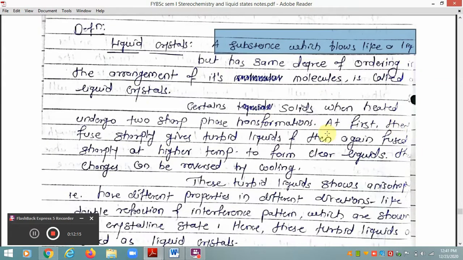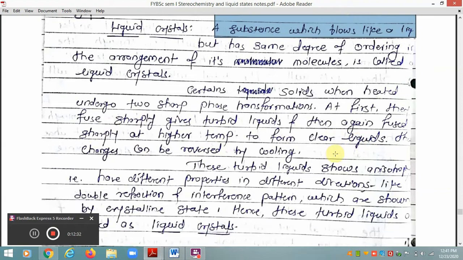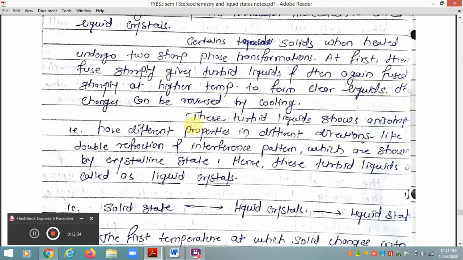Certain solids when heated undergo two sharp phase transformations. At the first stage they fuse sharply and give turbid liquids, and then again fuse sharply at a higher temperature to form clear liquids, and these changes can be reversed by cooling also. Initially it becomes turbid and then it becomes a clear liquid on heating, and again if we decrease the temperature, this clear liquid will be converted to turbid liquid, and this turbid liquid will be converted into solid again. So this is the important case. These turbid liquids,